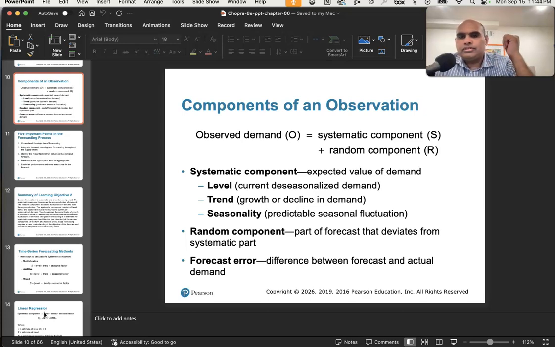Hello everyone, welcome to this second video in a series of videos about forecasting in supply chain management. In the previous video I introduced you to what forecasting is and why we do forecasting, and in this video we'll talk specifically about time series based forecasting. So time series data is data that is collected at equal intervals of time, representing either demand or sales or